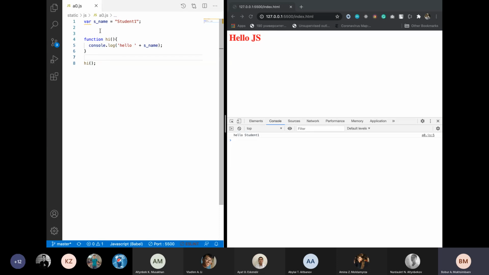So what we are doing: we created a variable called sname, which equals some string. We create a function. I think it's also clear that function is a keyword, then the name of the function, without any arguments, and opening blocks of the function. So in the body of the function we say hello and student name. Student name is student1. As you can see here, we have the result. Okay. Now we want to